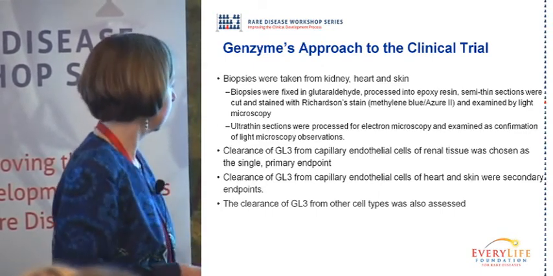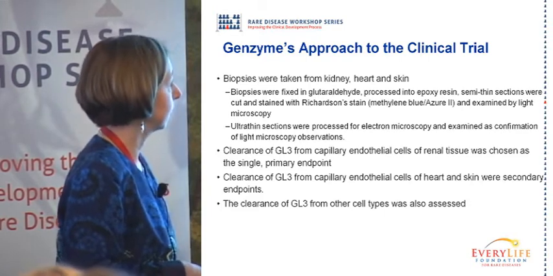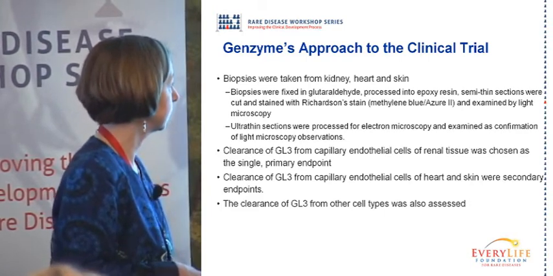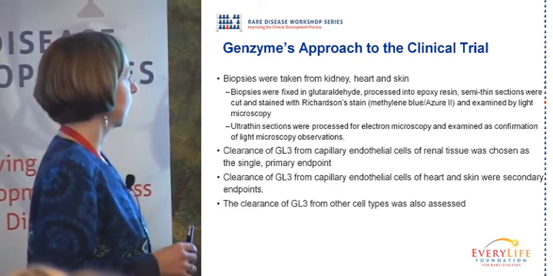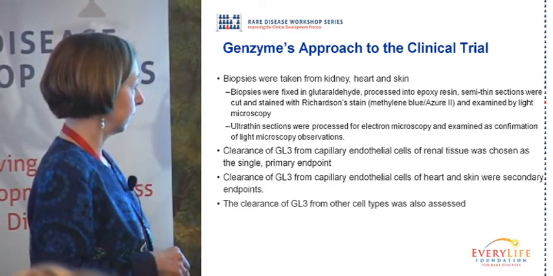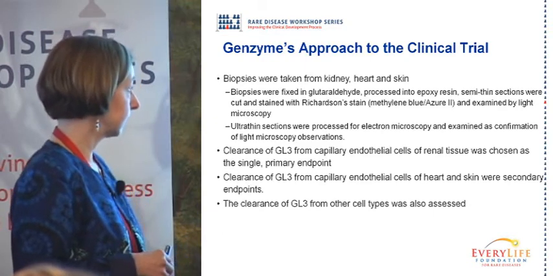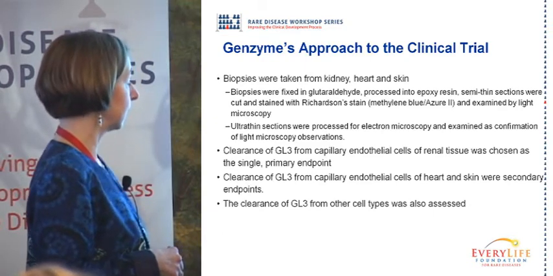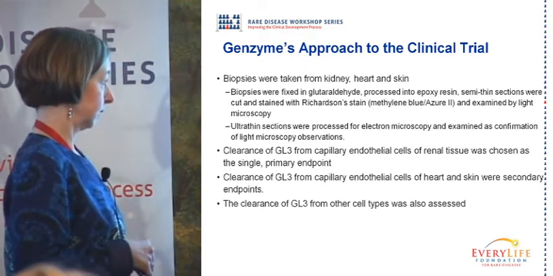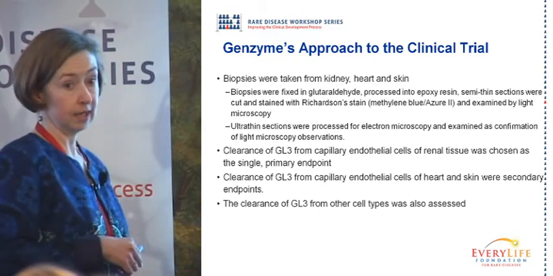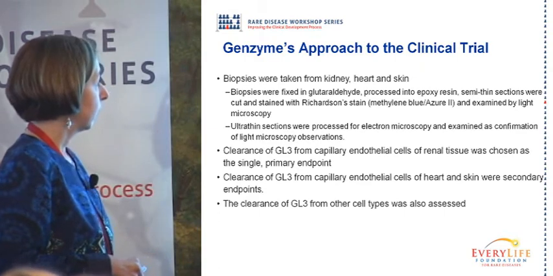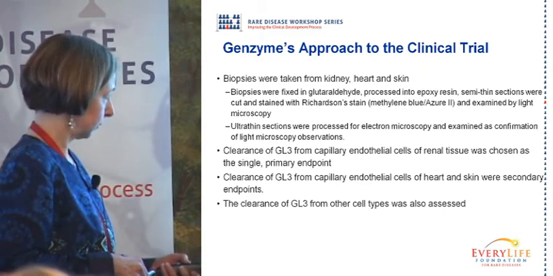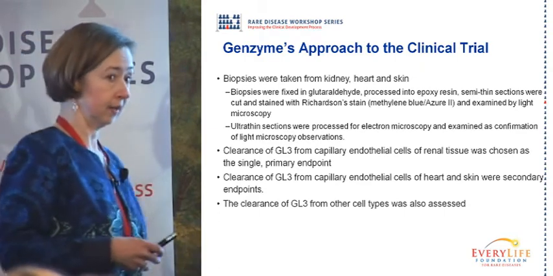As has been mentioned here, clearance of GL3 from the capillary endothelial cells of the renal tissue was chosen as the single primary endpoint, and clearance from capillaries of the heart and skin were secondary endpoints. And then finally, we also assessed the clearance of GL3 from other cell types of the kidney as well, for completeness' sake. One thing I'd like to mention, I think it came up today, about choosing the capillary endothelial cells